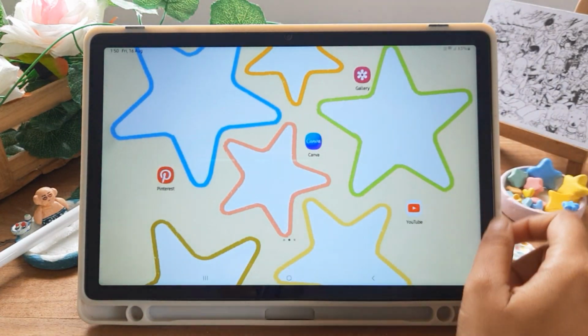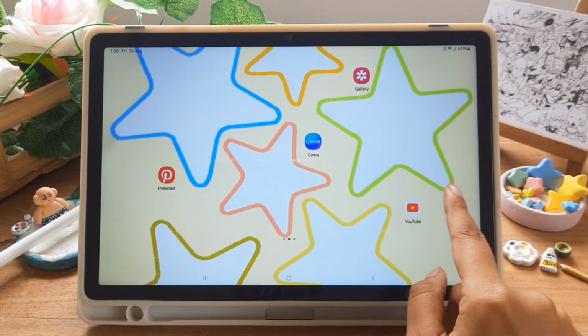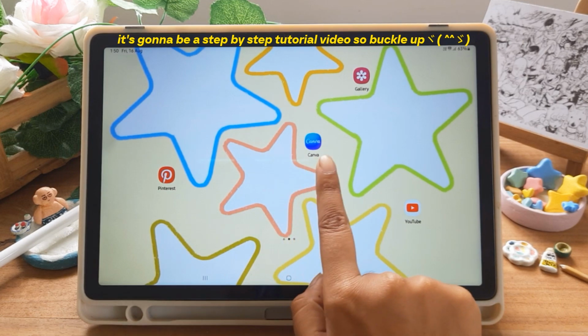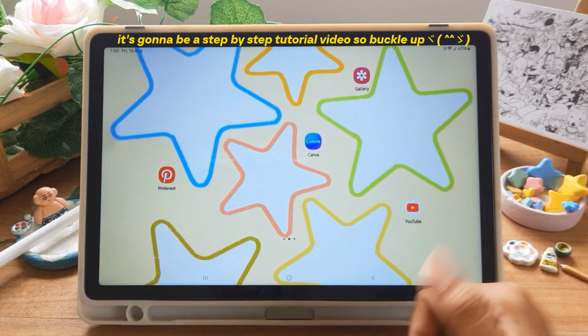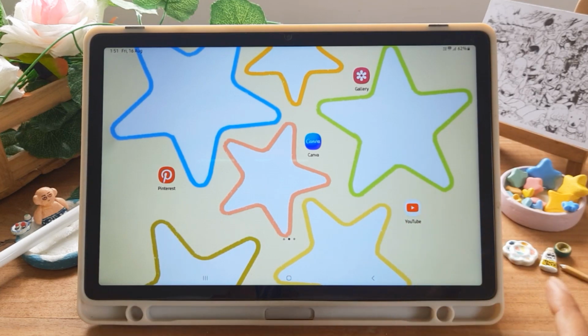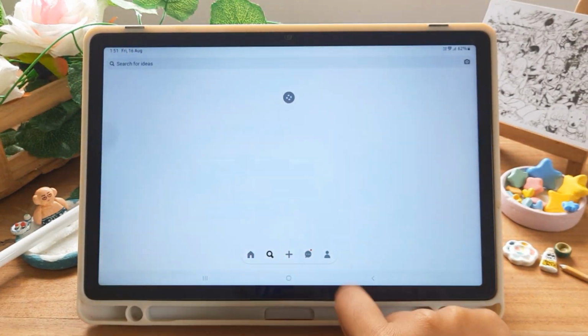Today I'm gonna show you all how to create an aesthetic and cute YouTube banner using the Canva app. It's gonna be a step-by-step tutorial video, so buckle up. First we have to do material hunting, aka gathering all the images that you want to put on your YouTube